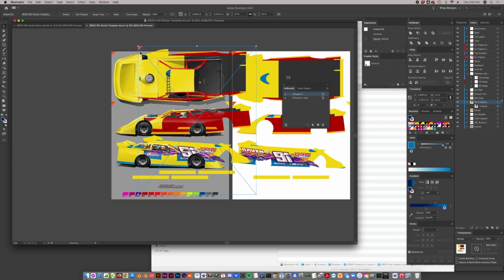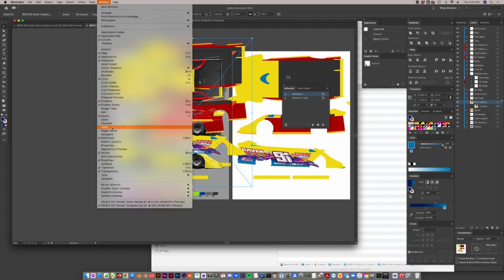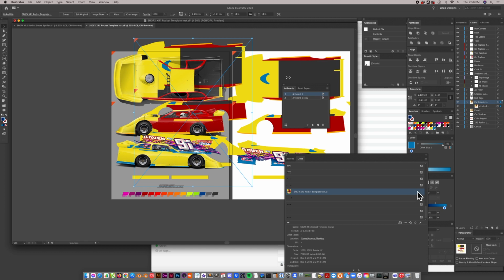So I'm going to select my linked artwork. And when it says linked, the way you can find the link is go to links. And then you'll see it. It's right there. And you know it's a link because it doesn't have an icon. Any image that's embedded will have an icon. Any one that's a link, meaning it can be updated externally, will